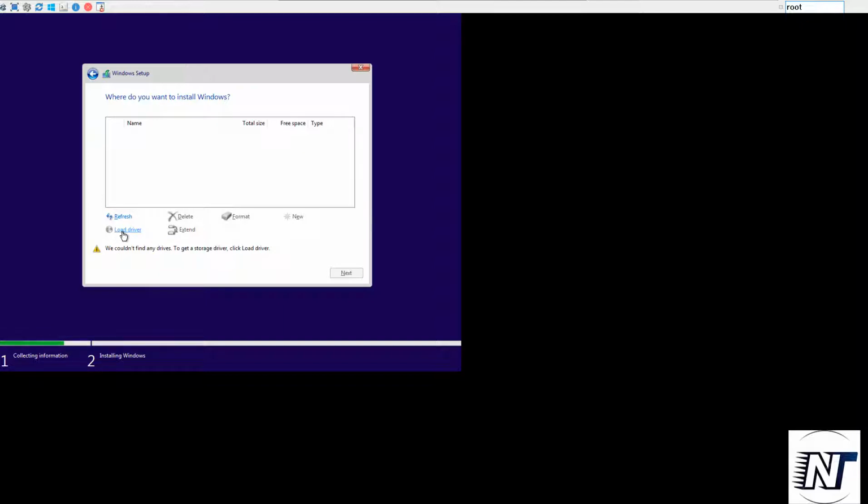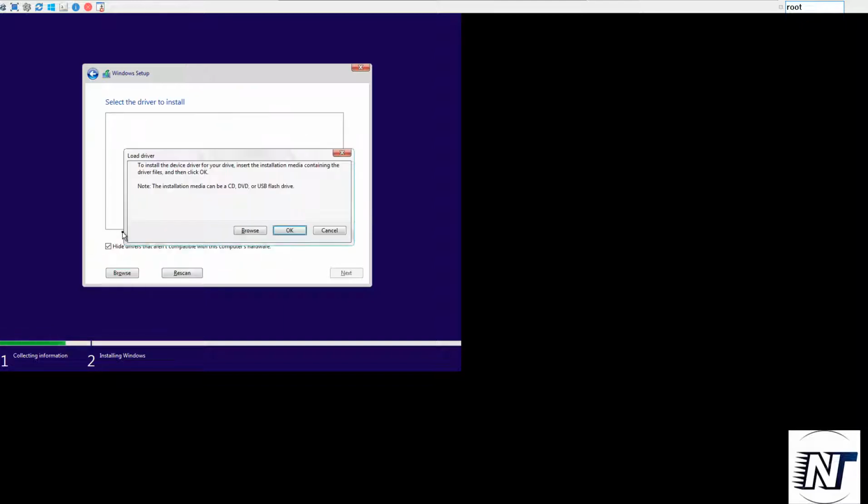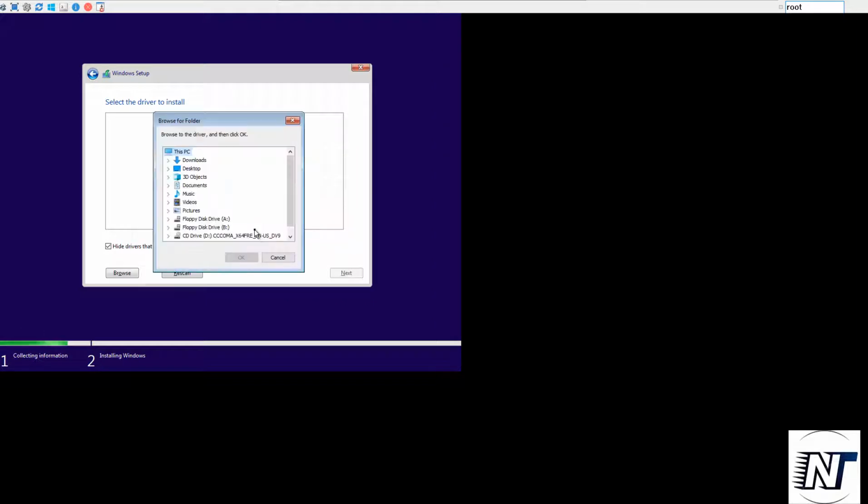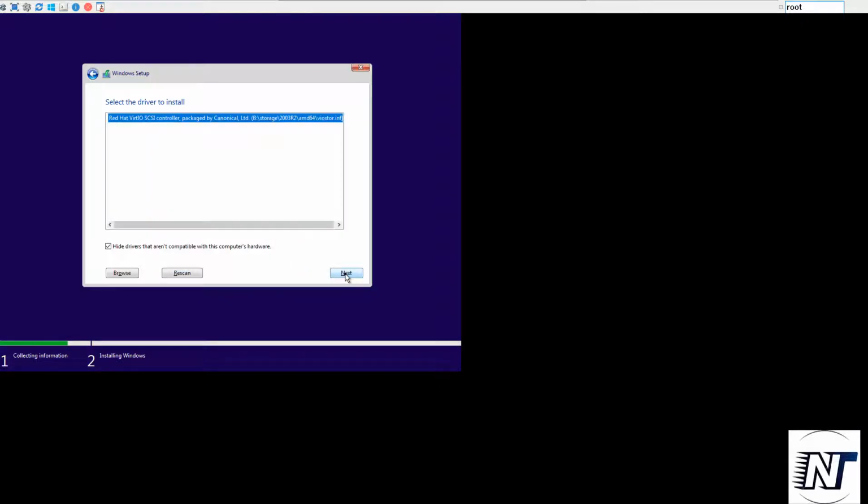So I'll go to the Load driver option here. Browse. Next I'll go to the floppy disk drive B, Storage 2003 R2. My image is a 64-bit image, so I have to choose AMD64. Then next. So the driver has been loaded.